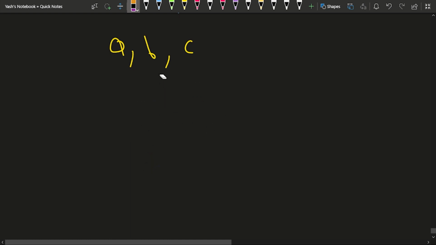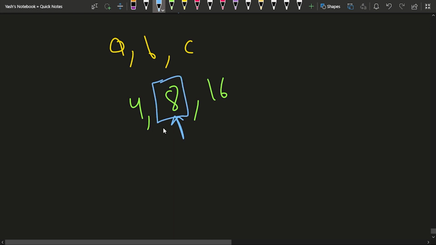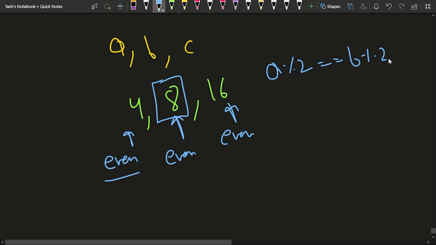Why? Because let's say you give me numbers like 4, 8 and 16. I'll check the parity of the middle number. The middle number B is 8, so it is an even number. I'll check it with the left number, A. This number is also even, so both are the same. Now I'll check the right number with the middle number, and this is also the same. So if A mod 2 is equal to B mod 2 and B mod 2 is equal to C mod 2,